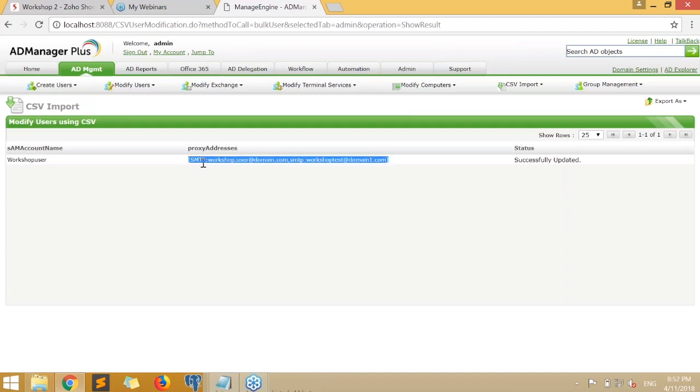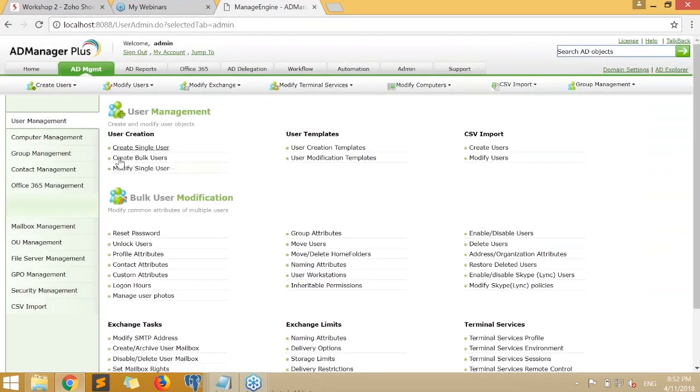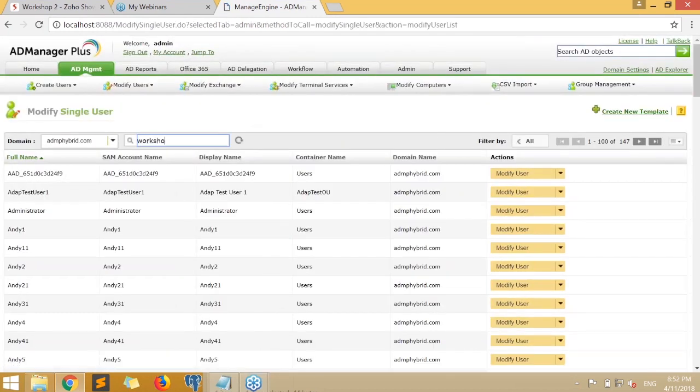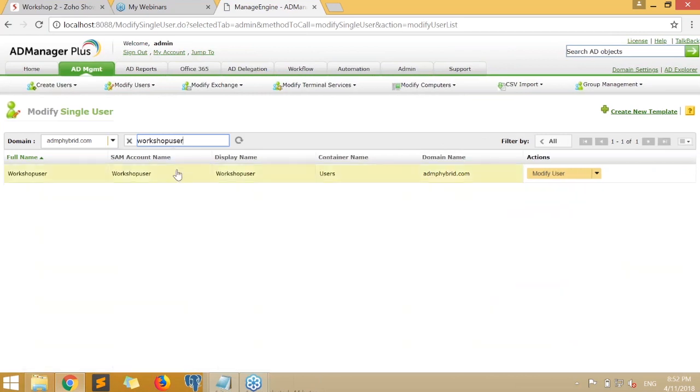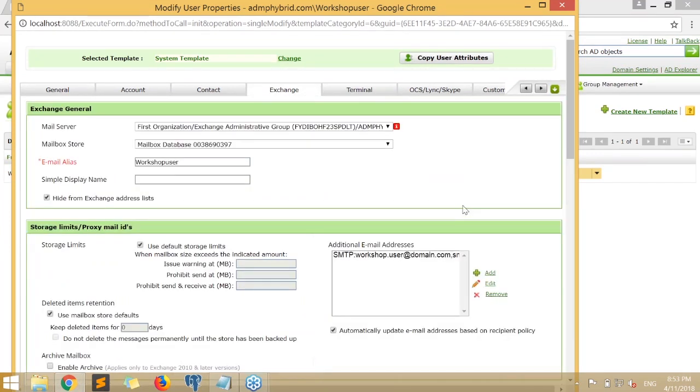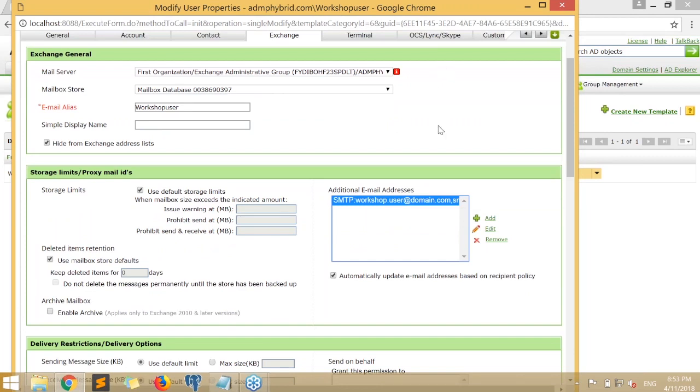Now let's go ahead and check what the values actually are in Active Directory. For this, again, I go to modify single user and I search for my user and modify. Now I want to navigate to the Exchange tab and check my additional email addresses attribute. It's communicating with the Exchange and getting all the values. Okay, so you can see that the workshop user,